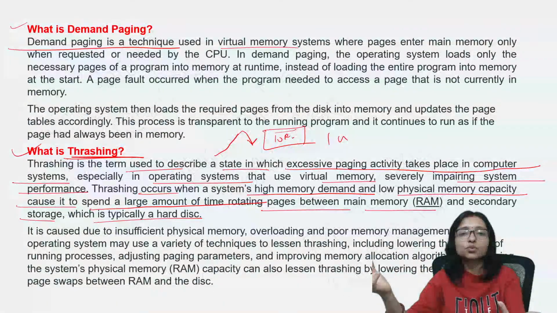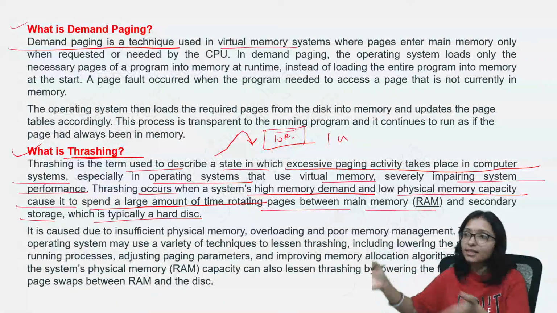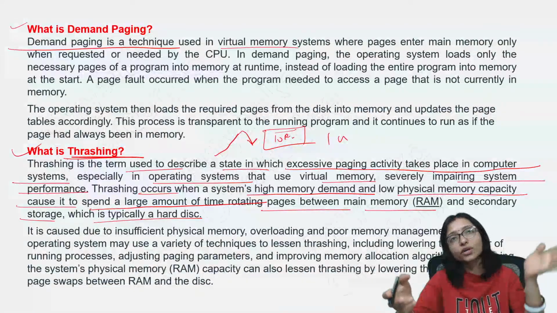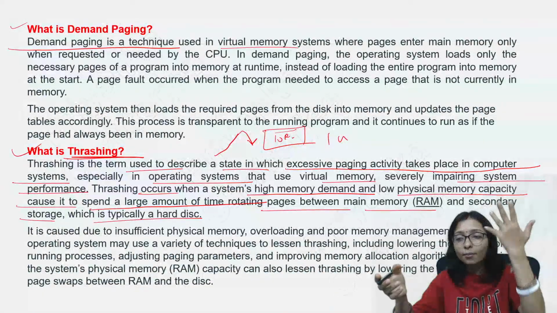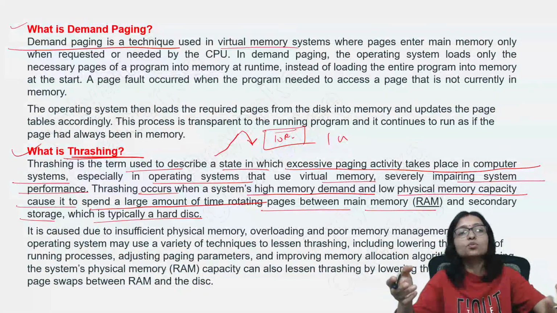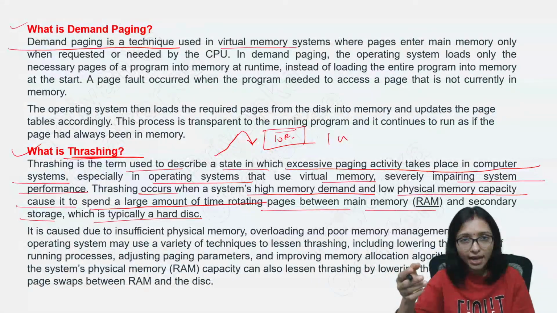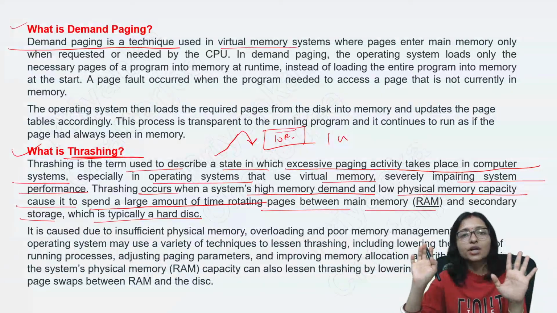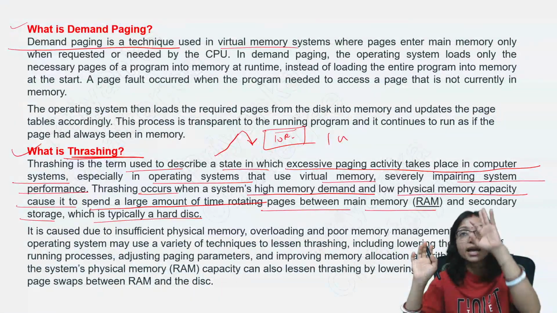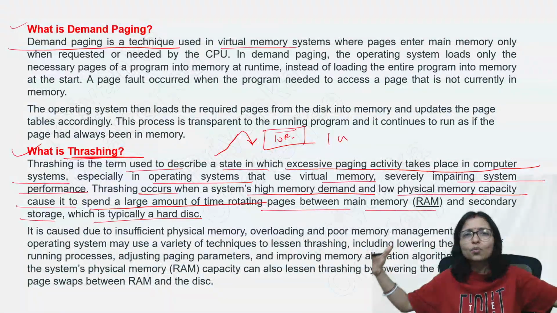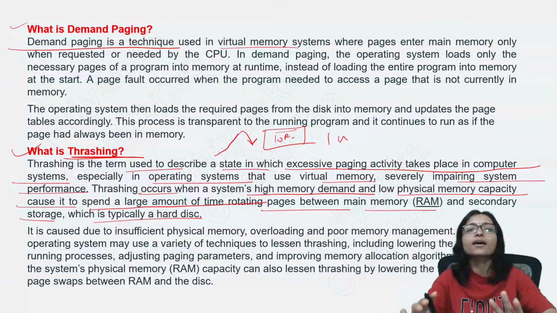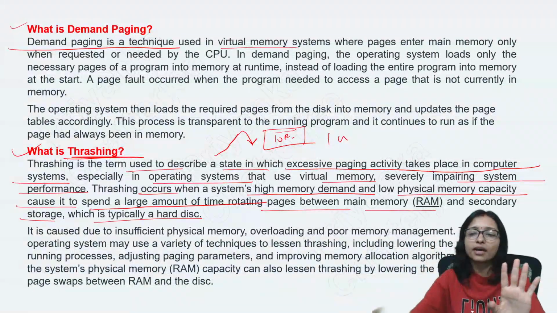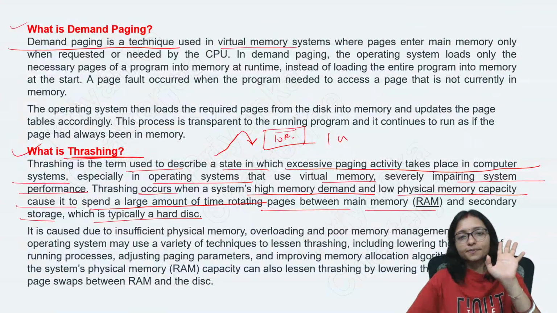It shows that on this road many cars are supposed to go, but actually no one is able to move. This is the example of thrashing. Multiple times students are not able to understand what is thrashing. Just remember that on a small road, when too many cars come and they are stuck, not able to move anywhere, this is thrashing. Okay,